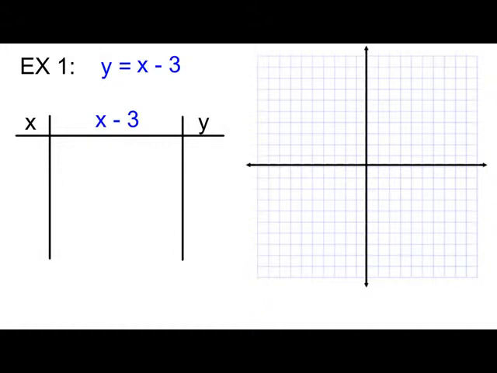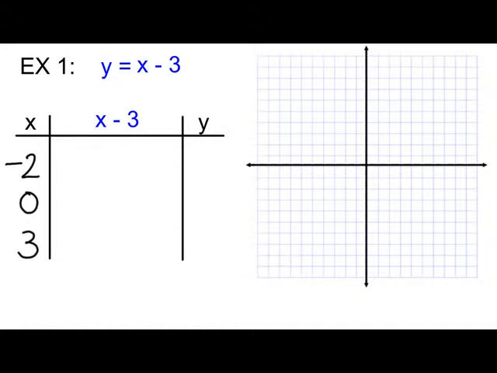What you then do is you pick some values for x. You could pick both positive and negative numbers. When there's simple problems like this, I always pick positive and negative numbers. You want at least 3 points, 2 to give the line, third to make sure that your line is correct. So I'm just going to pick some numbers. It really doesn't matter what the numbers are. Maybe I'll pick -2, 0, and 3. Notice I've picked any value. Now you don't want to pick too large of values because then you may not be able to graph them